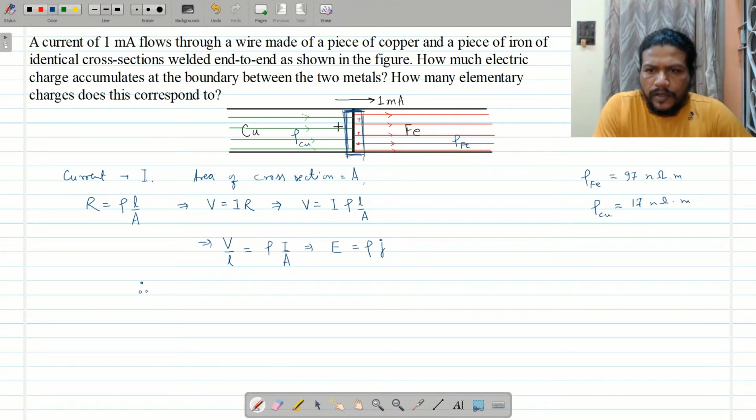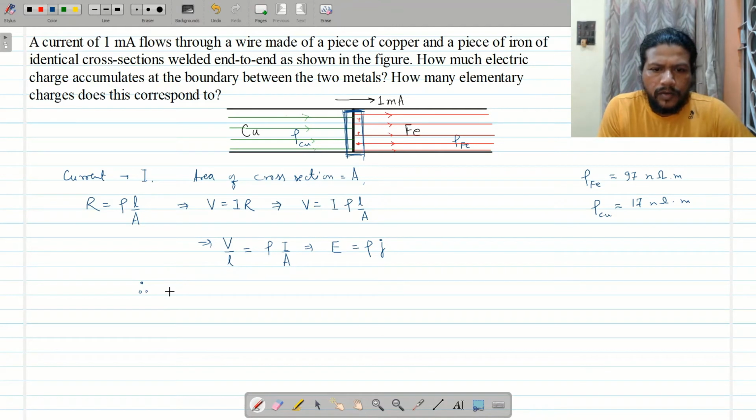The front face, the back face, the top and the bottom don't contribute anything to the fluxes because the fields are parallel to the surface and the area vector is normal to it. So whatever contribution comes is from the left face and the right face. The flux through the left face is negative, and through the right face it is positive.